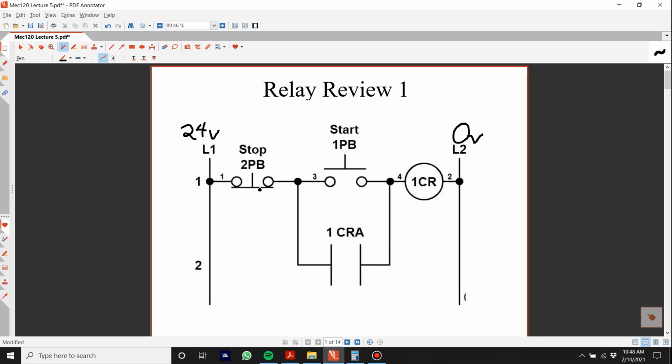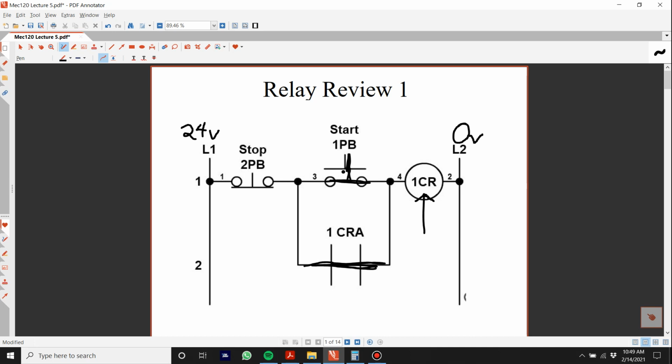The stop push button is normally closed. The start push button is normally open. Hopefully you're aware that this is the coil of the relay 1, and this is the contacts of the relay. So let's look at what happens here. If I push this push button down like so, power comes across to the coil. The coil will close the contacts of the relay, which closes these contacts here,